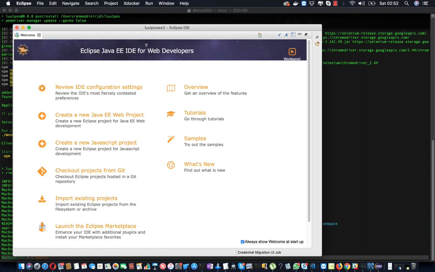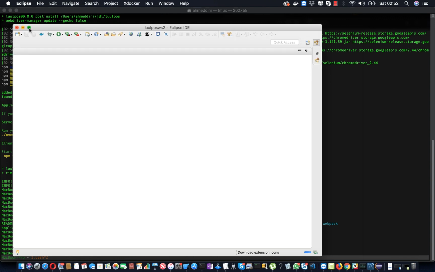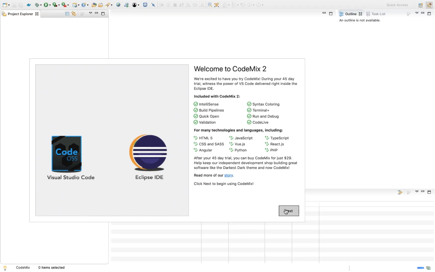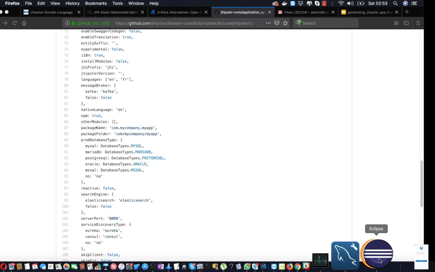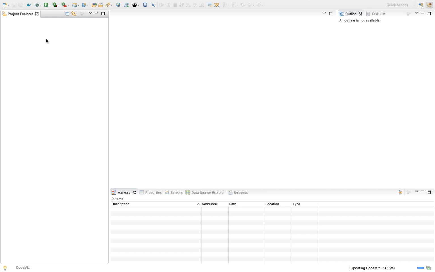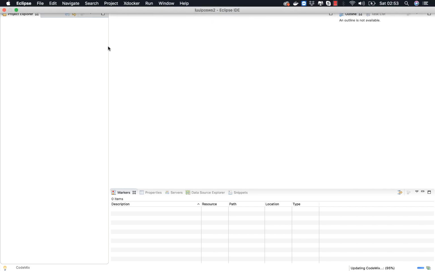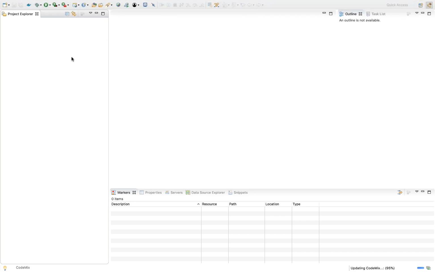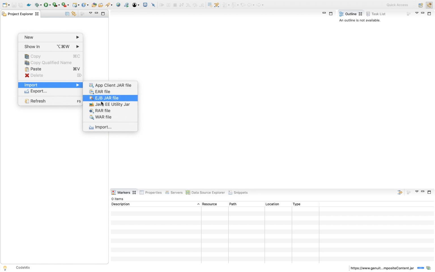While I'm on that, I'm also going to mention this later: your Eclipse has to be configured in a way that it works with your JHipster application. There is a plugin for Eclipse that you can download from the Eclipse Marketplace that will give you a lot of stuff that I'll discuss later. So let's import this project that we've just created into Eclipse,